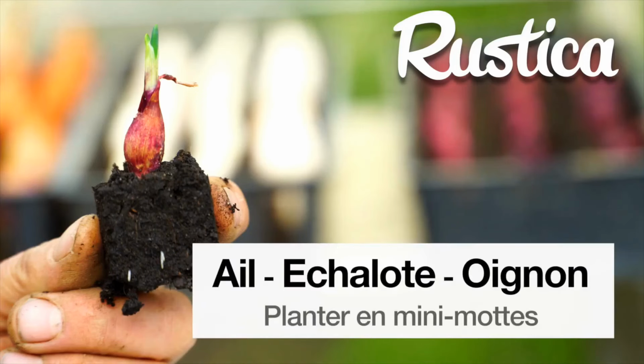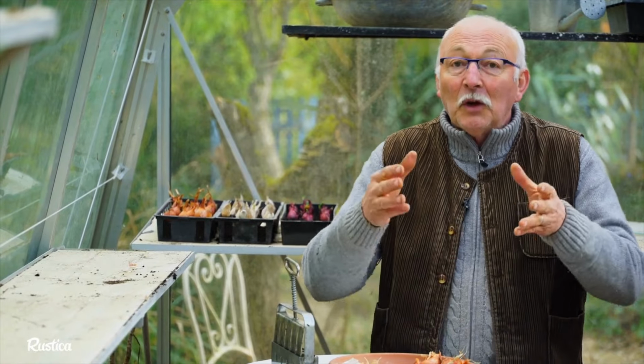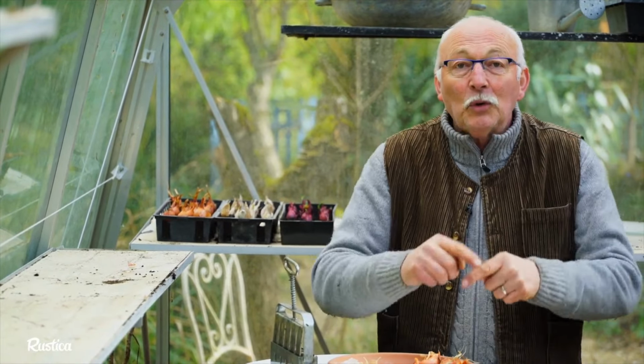How to start a vegetable garden when the soil is unworkable due to snow, frost, or even the humidity from flooding. Some vegetables can wait a few more weeks before being sown or transplanted. Others, like vegetable bulbs, must absolutely be planted from February to March. If getting back to the vegetable garden is tough because of waterlogged soil, know that you can start gardening indoors